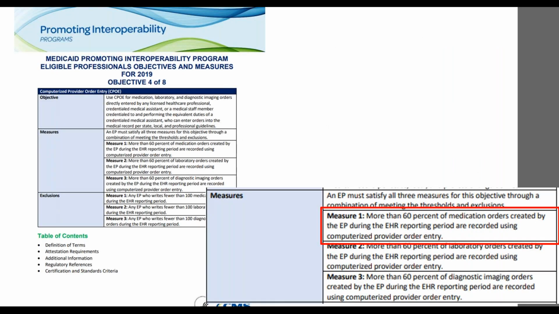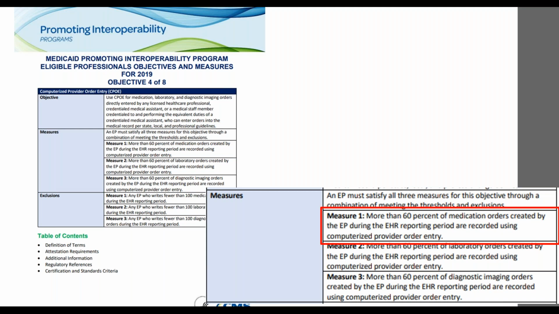If your report doesn't tell you what the required measure threshold is, or if you have a question about an objective, you can reference CMS's specification sheets for more information. On the objective spec sheet, look at the section labeled measure. This will tell you the required threshold for that measure.